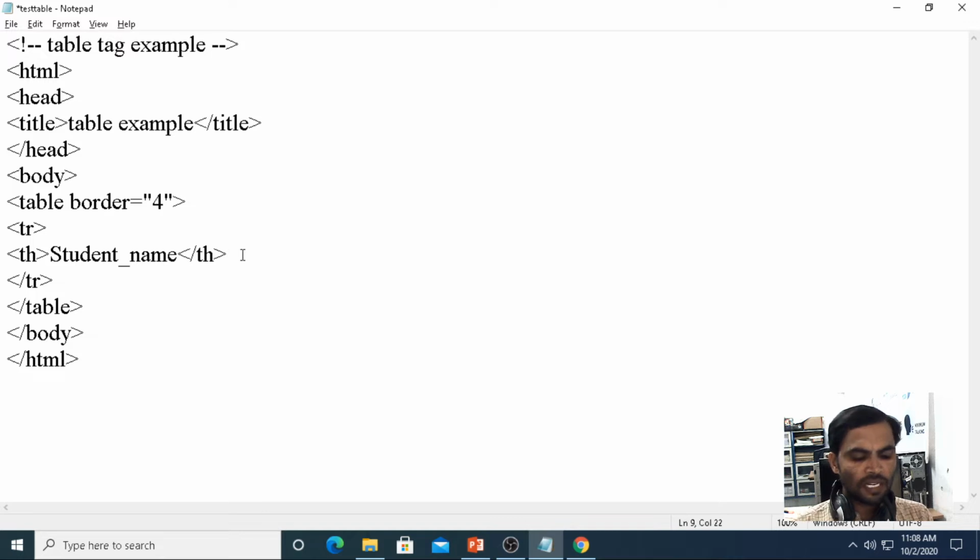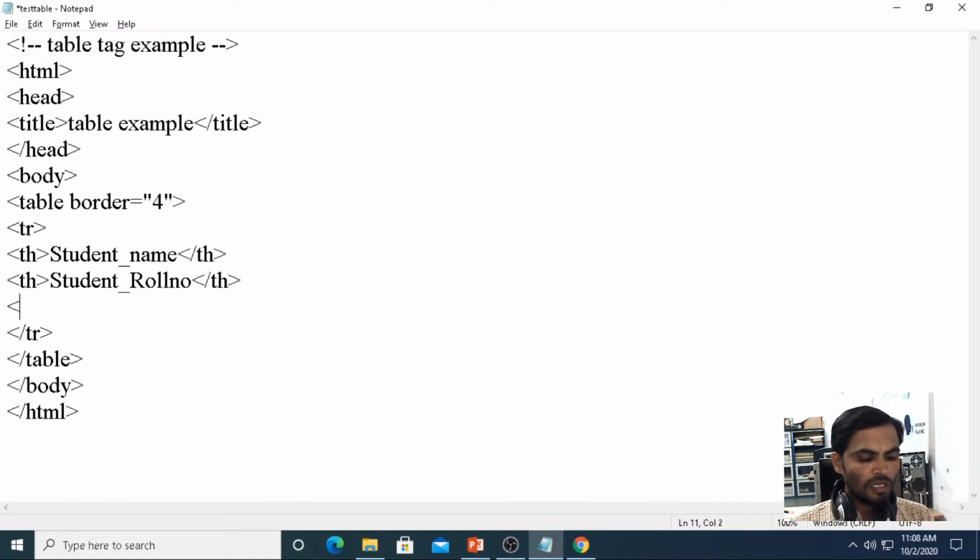If you want to create, beside it in the single row, n number of columns, the columns I am creating with the help of table heading: student name, student roll number, student hall ticket, then closing the th, then I am taking th, branch, closing th.